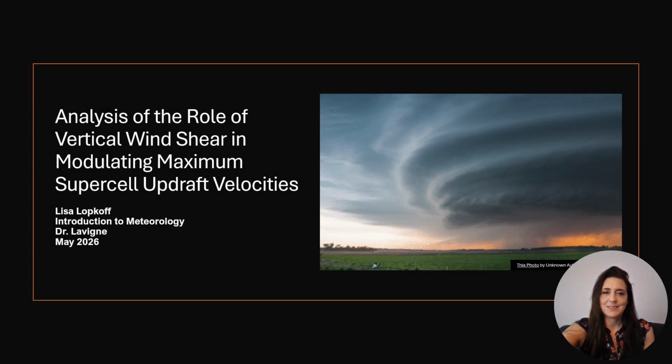Hi, my name is Lisa Lapkoff, and for my final paper and presentation, I chose the article The Role of Vertical Wind Shear in Modulating Maximum Supercell Updraft Velocities by John M. Peters, Christopher J. Nowatarski, and Hugh Morrison, published in the Journal of Atmospheric Sciences. This article focuses on why supercell thunderstorms produce such powerful updrafts and how vertical wind shear influences storm intensity and